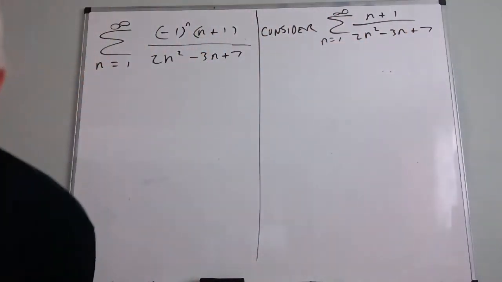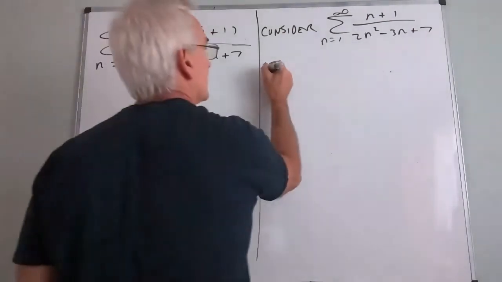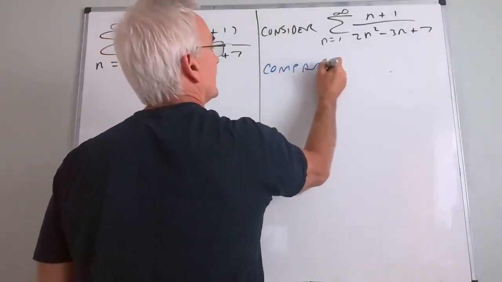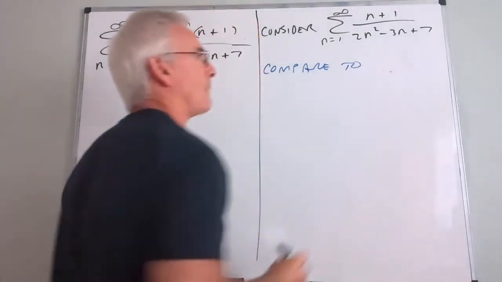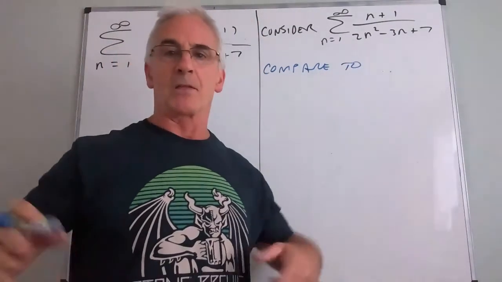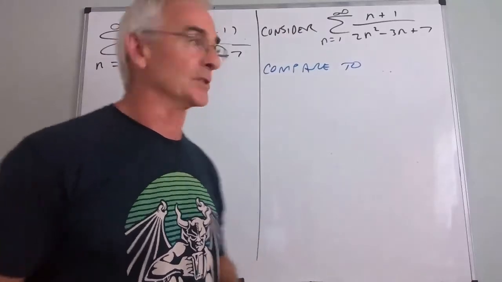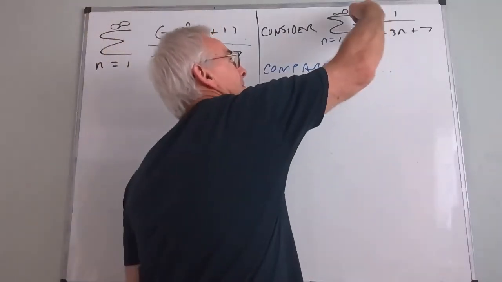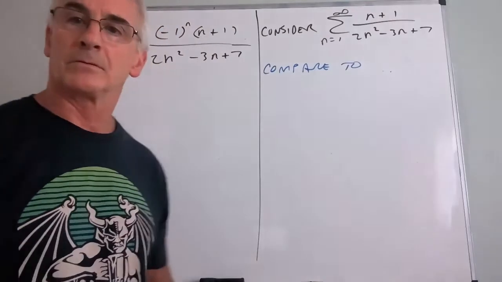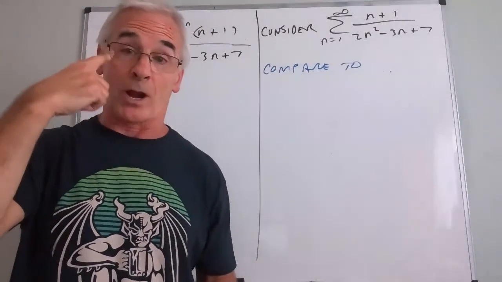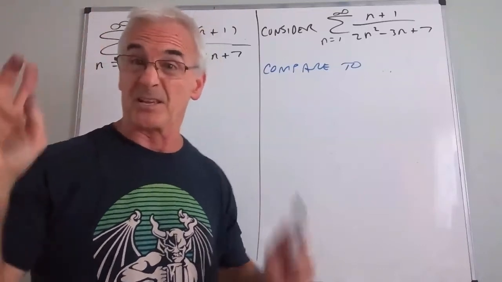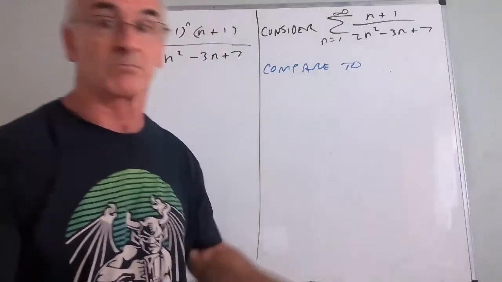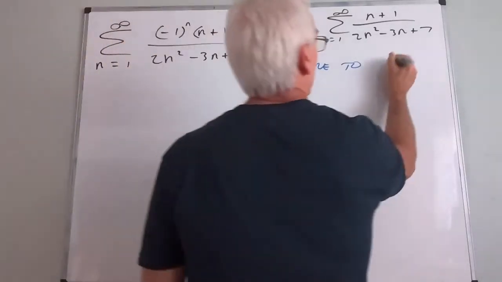And so you want to compare it to what? Now, here's how you make the decision. Most of you are doing a really good job on this. You're not thinking too much. How do I make my decision? What am I looking at? The difference of the power of the leading terms. Yeah, I'm looking at the degree difference. And right now the degree difference is what? 1. So therefore I want to do basically a p-series with an exponent of 1, which of course would be the harmonic series, compared to